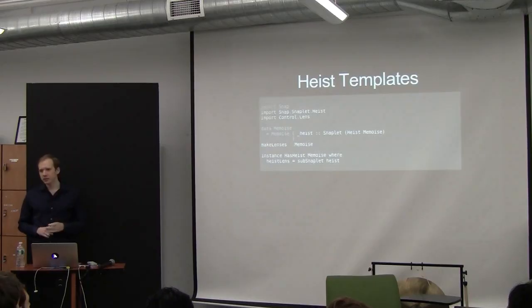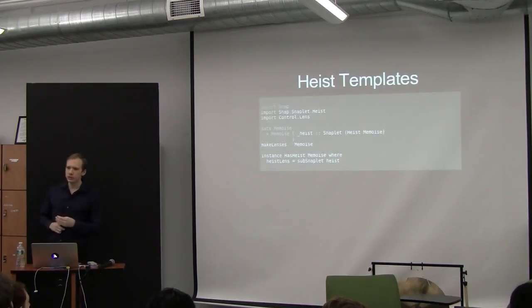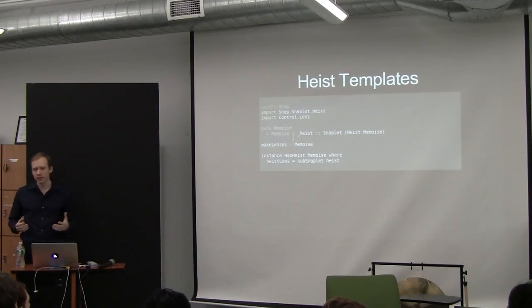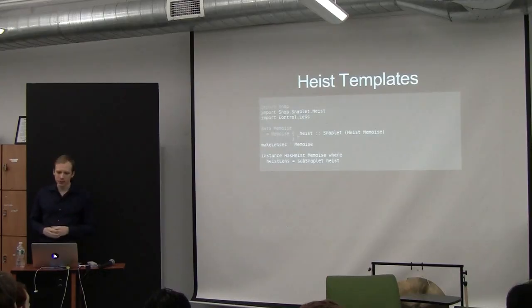So the first thing that we need to do is we need to give the Heist snaplet somewhere to store its environment. It's going to need to load templates and cache things and do all kinds of other stuff that we don't particularly care about how it does that exactly, but we do need to give it a sandbox that it can live in. So we're going to add it to our snaplet environment. So we just say, give snaplet Heist,